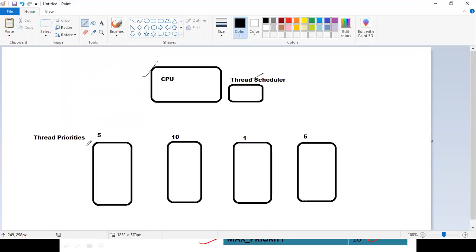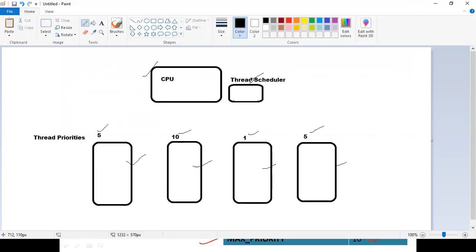Assume that at this point there are 4 threads waiting. Observe their priorities. The first thread priority is 5, next is 10, next is 1, next is 5. Which one will be given high priority? The thread having the max priority.